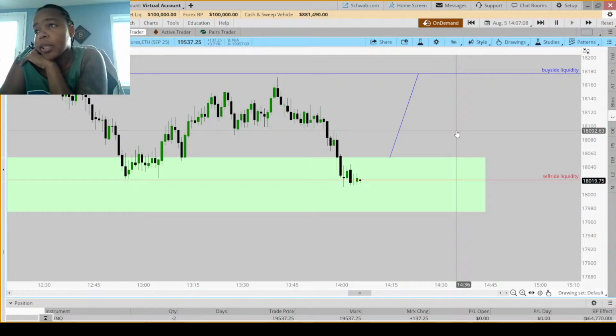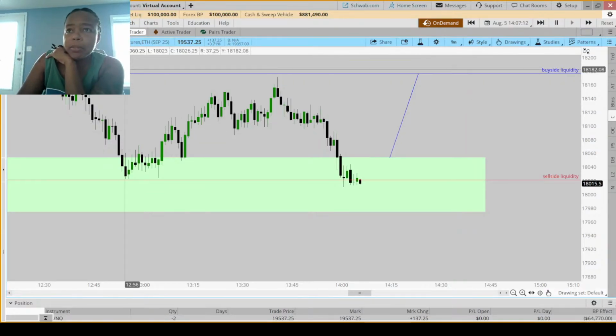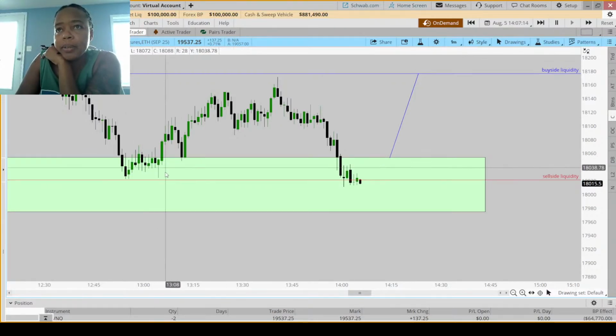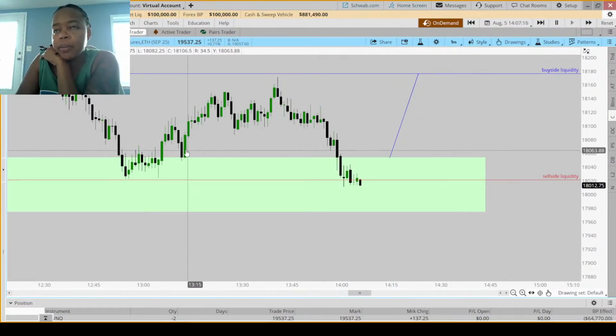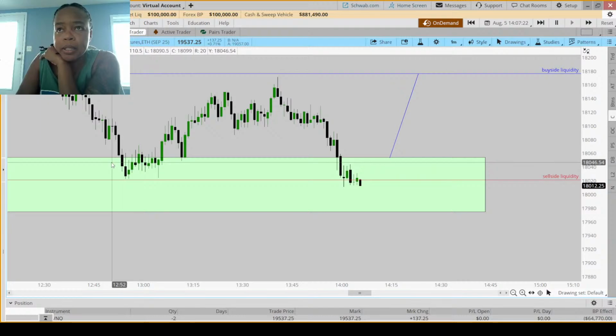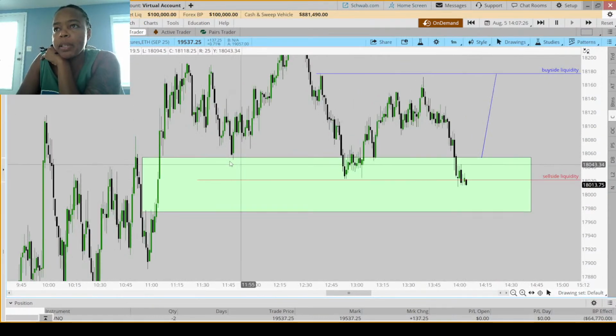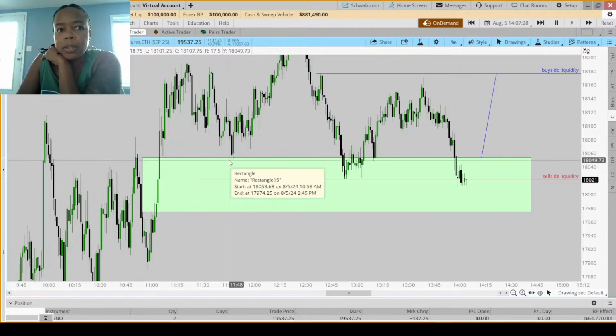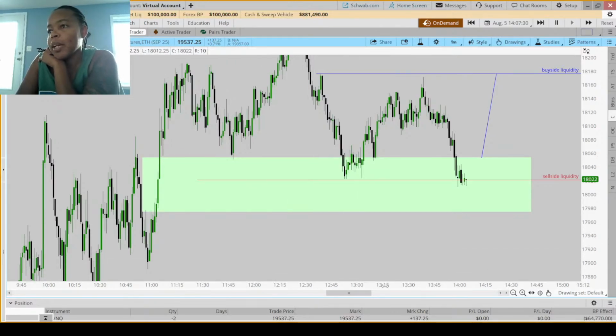I really do not like when they hang about like this. Because you see them do it here, right? They did it here, and then they came back into. No, I would have taken this with the fair value gap at the top. Why? Because we came down, we probably took some liquidity. Yep, exactly. We're going to wait for that.